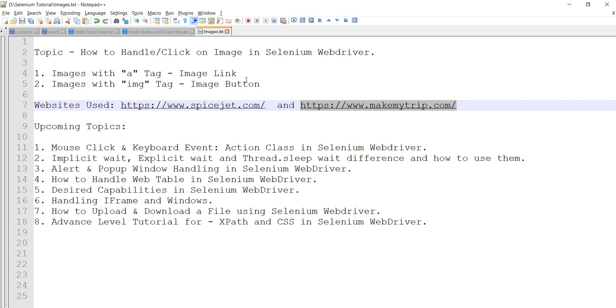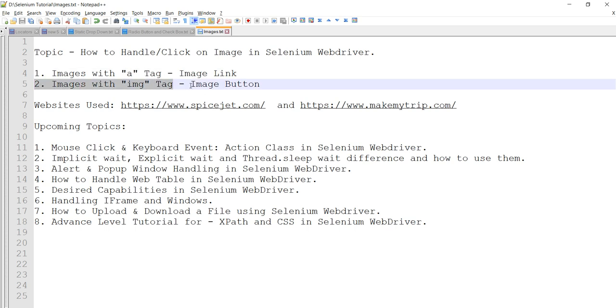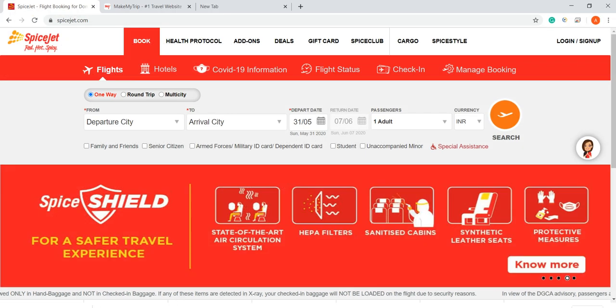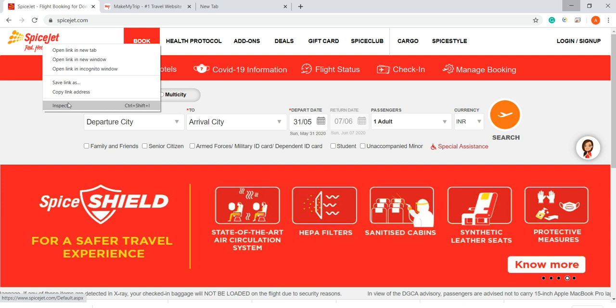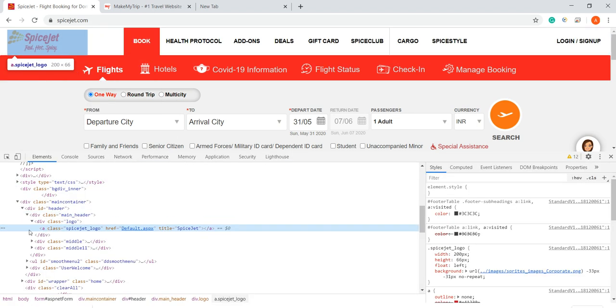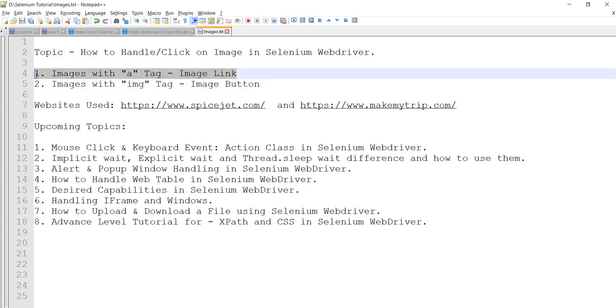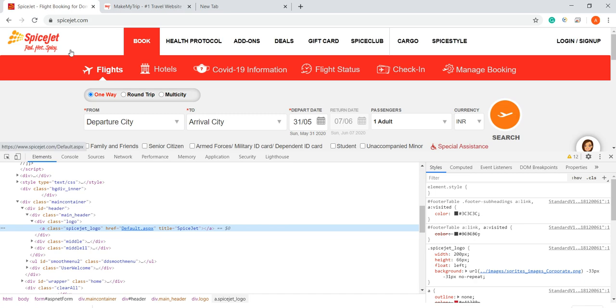So the first type of image is image link. The image starts with an a tag, and the second type is images with the image tag itself, that are image buttons as well, we can say. Let me show you this with an example. So this is an image. Right click and we can check this with inspect element. So this is starting with an a tag, like I have mentioned it here. So this is an image link. If we click on this image,